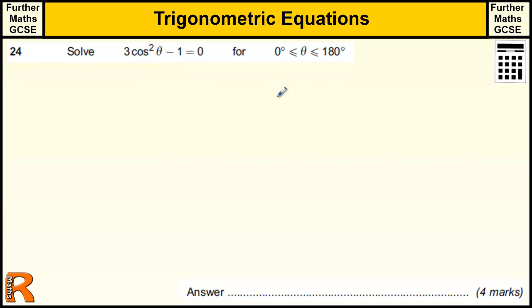So we've got 3 cos squared theta. Cos squared theta is a simpler way of writing cos theta squared. So whatever value theta is, you cos it, and then you're squaring all that. And also, this is probably not very familiar, but if we thought about this as being 3x squared minus 1 equals 0,